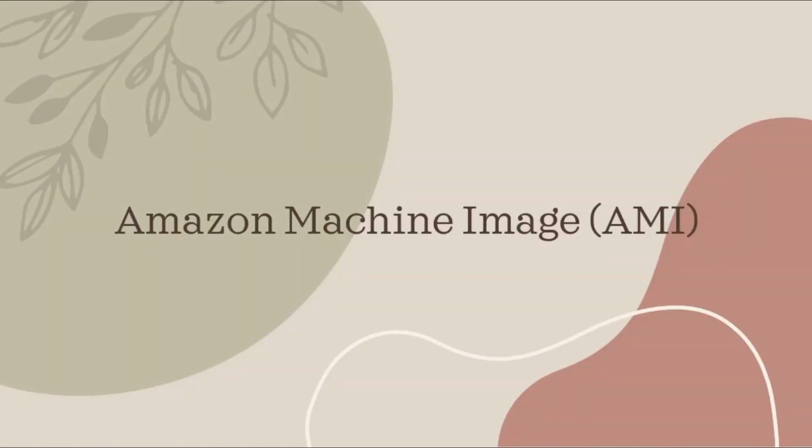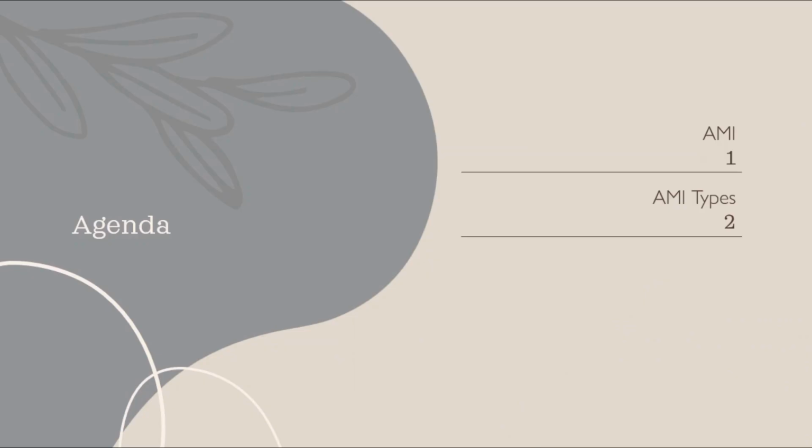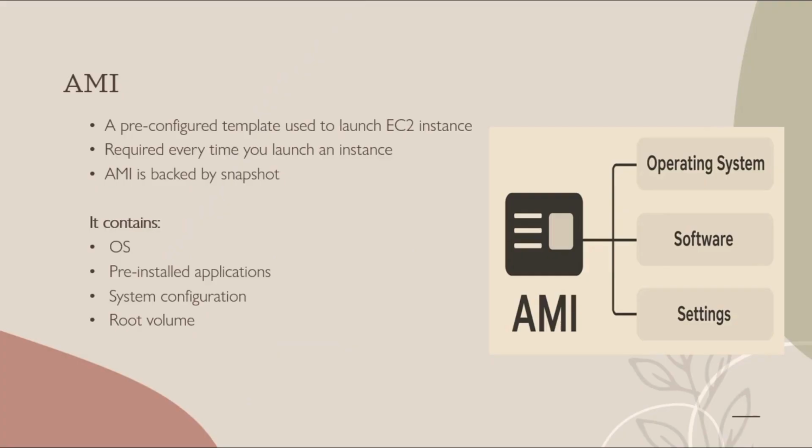Amazon Machine Image. In this video, we are going to see what is AMI and its types. AMI stands for Amazon Machine Image. So it acts like a ready-made template, which means the AMI already contains the operating system, software, and the other settings which are needed for the server to run. So we don't need to install everything manually, and the AMI will already contain all those things to launch the